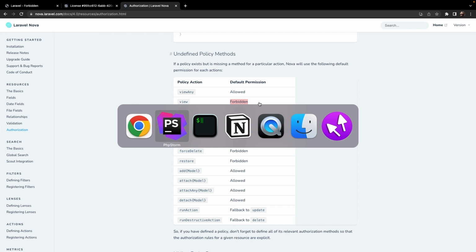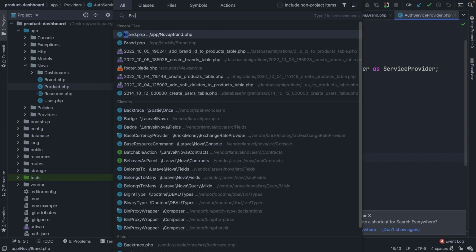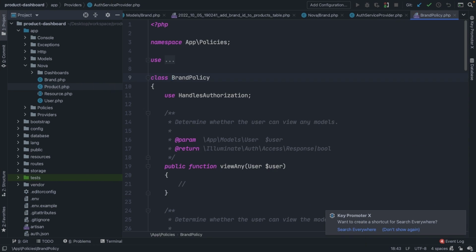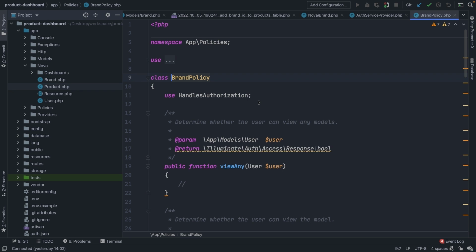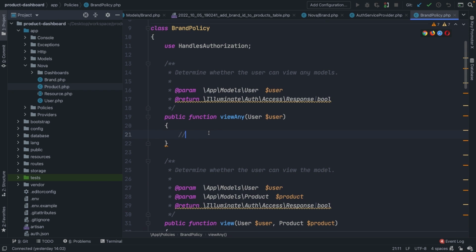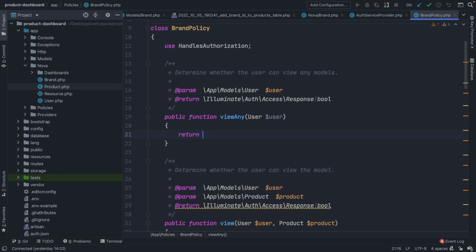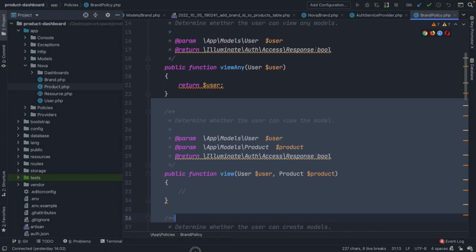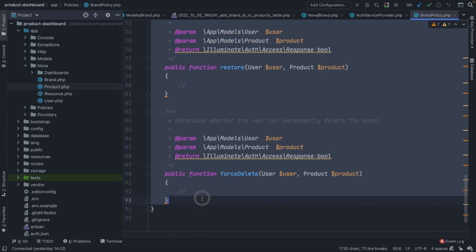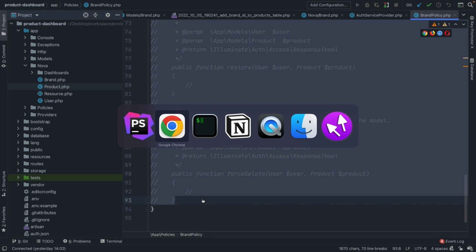So let's navigate back to PhpStorm and let's open our BrandPolicy. And let's start off with our first policy, which is the viewAny method right here. We've got to tell Nova that any user that's logged in is allowed to enter the table overview. So what we could do is either return a true, or we could just return the user's object, which will also return true. If we comment out all other methods that we have defined right here, navigate back to Google Chrome,